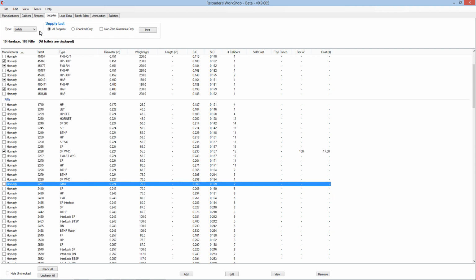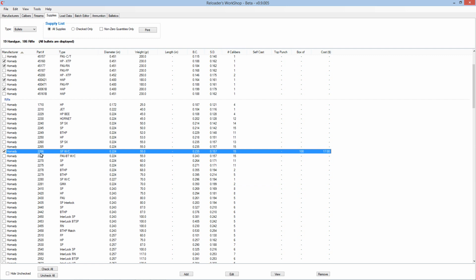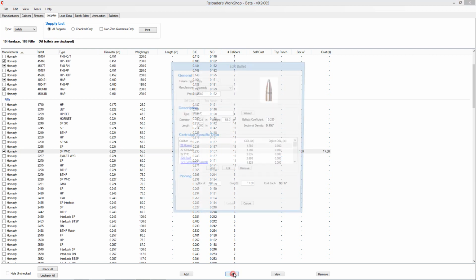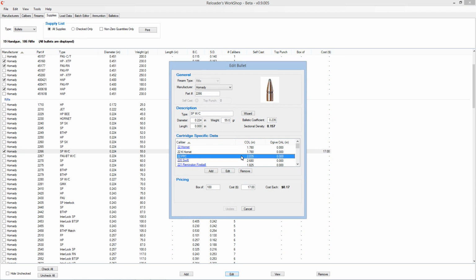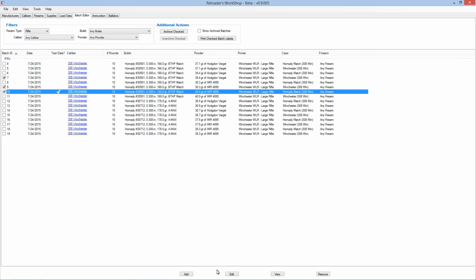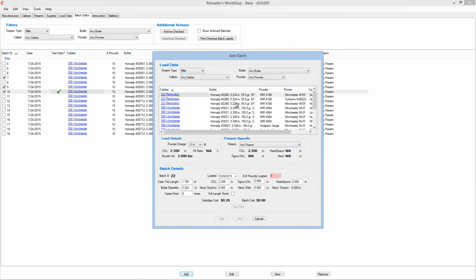Here we have our supplies tab, and we're looking at bullets, and I'll select the 2266 Hornady bullet and take a look at that. And if we look under the cartridge specific data for this bullet for 223 Remington, we've entered a cartridge overall length of 2.2 inches. We don't have the ogive overall length yet for this particular bullet, but for the cartridge overall length we have 2.2 inches. So when we're over here on the batch editor, we add a new batch,